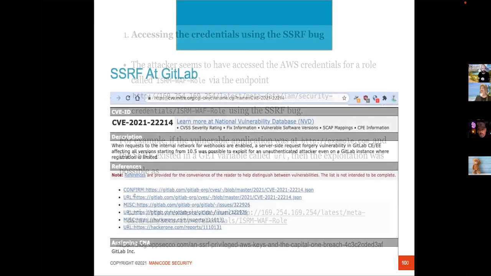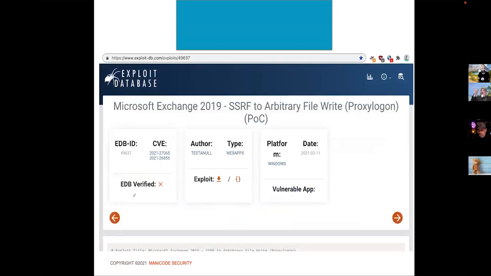We also saw GitLab and Microsoft Exchange vulnerable to SSRF. This one freaked me out. All of a sudden, now what account, Dana, is Microsoft Exchange logged in as? It's usually a domain controller that's running that system. So when they were able to SSRF Exchange, that would then force Exchange to make an inbound network request as a domain controller or other admin. Yeah, exactly, Mark. Mark Cohen is for the win, Mark.